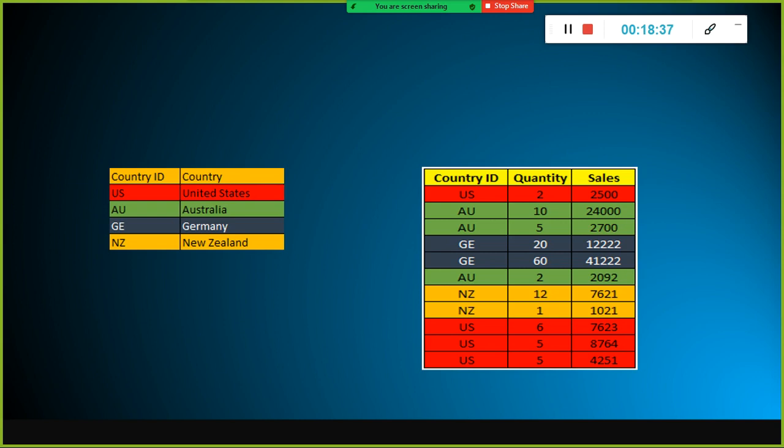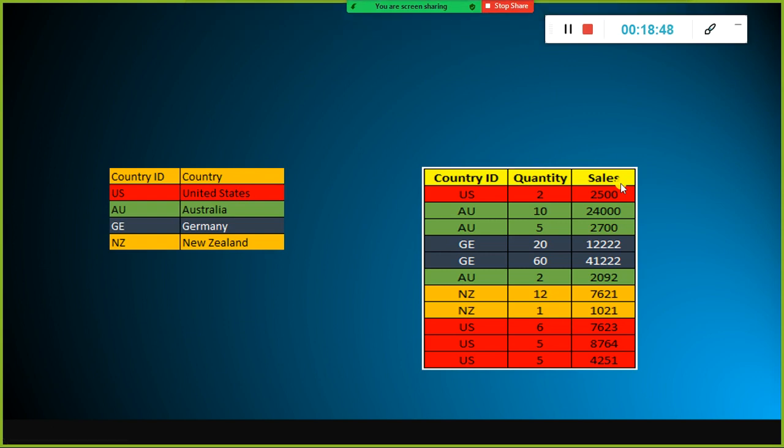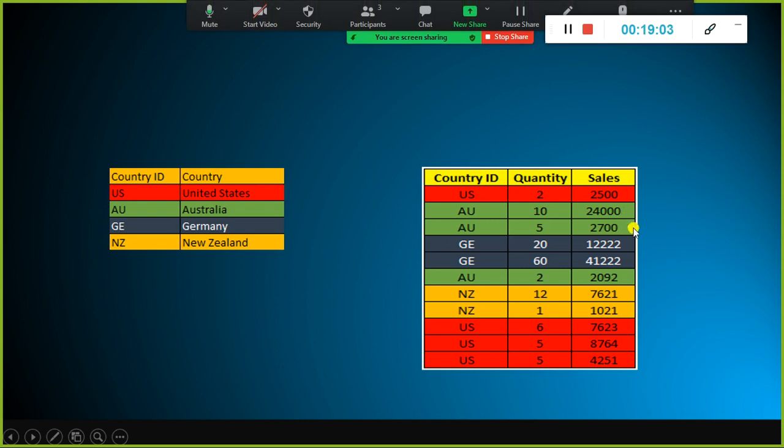Country wise, he wants to view the sales. So the report should show the country name and the units sold. Along with that, the sales value should also be shown in that daily report. So every day he wants to see in each country how many units we sold and how much sales we made.